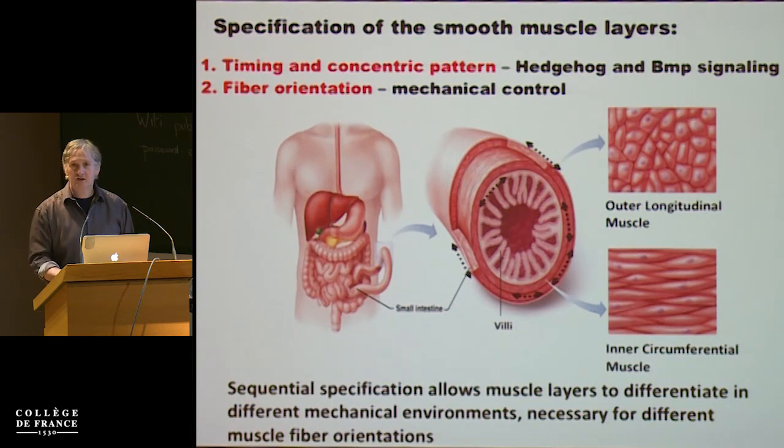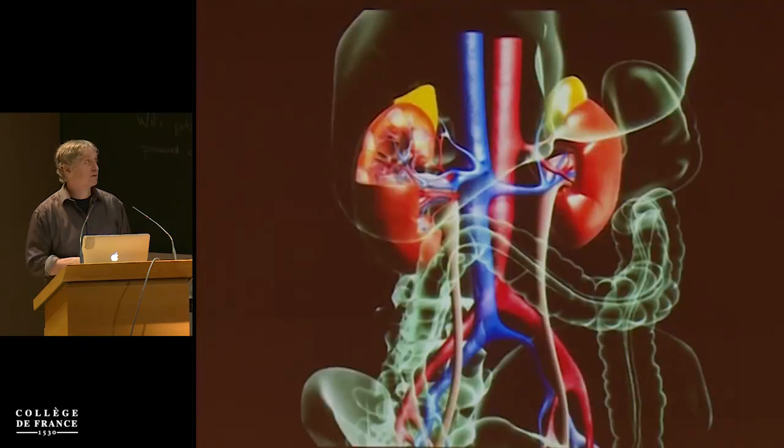And the very last thing I just want to mention, I don't have time to show you any of the experiments, but there are lots of tubes in our bodies. And a lot of those tubes have smooth muscle. It's worth noting that every tube that only has a single layer of smooth muscle, such as the blood vessels, that smooth muscle is circumferential. And there are lots of them that have more than one layer. For example, in the urogenital system, every tube that has two layers, the first layer is circumferential,